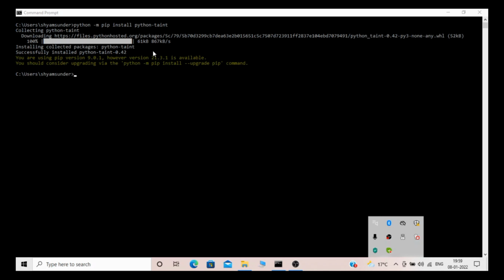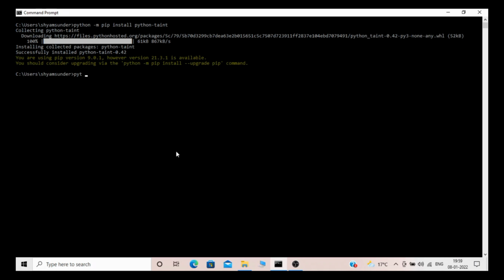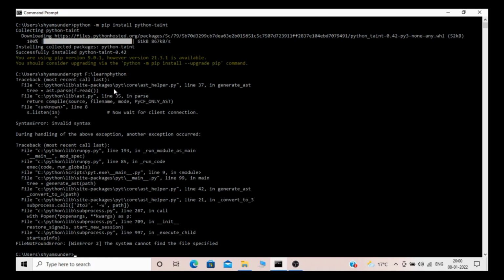For that, just type pyt, which denotes Python Taint, and the path of your code. This is my path. I copy this and paste it over there, and press enter.